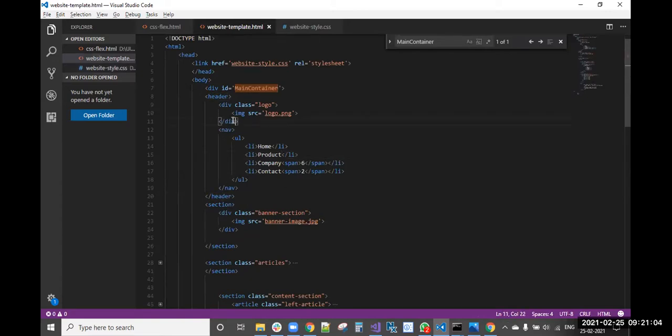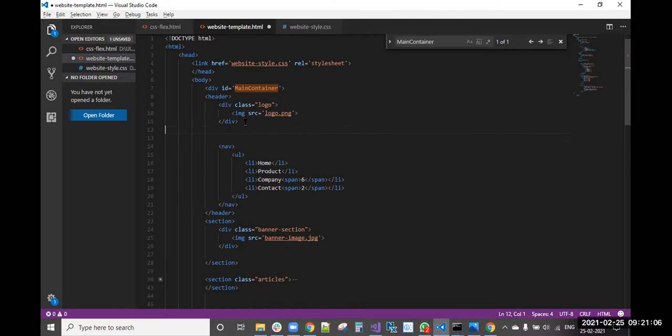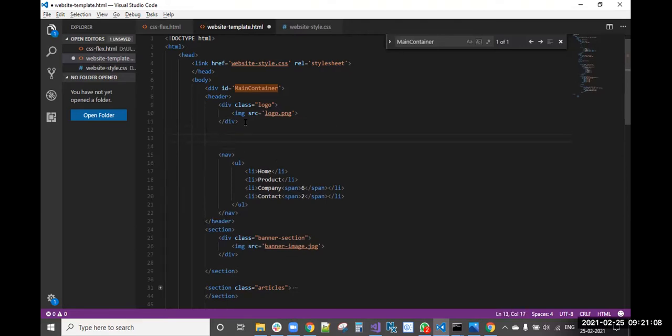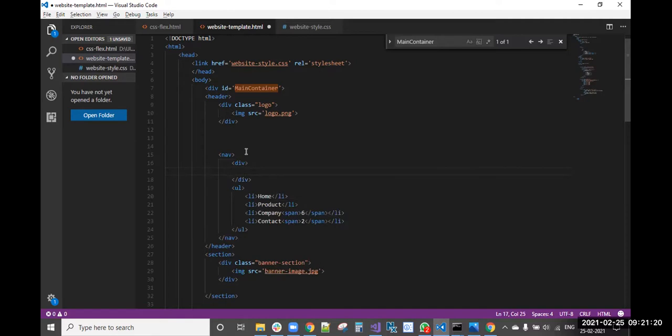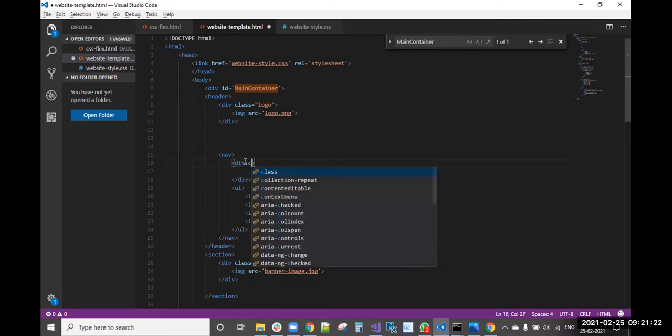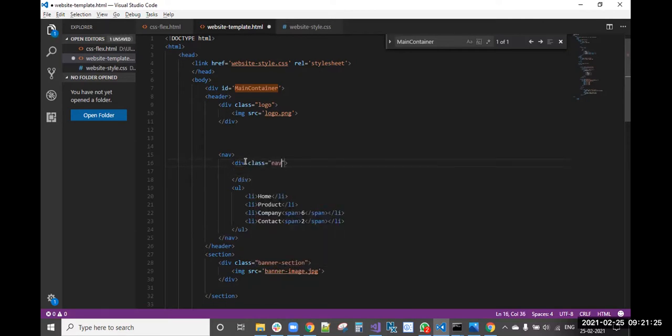Inside the header only, after the logo, inside that nav also. Inside the nav, we will take one thing. We will apply this nav brand.